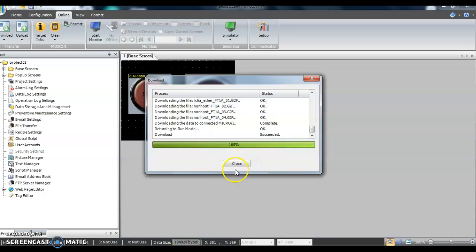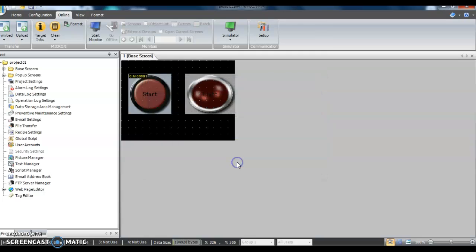Download complete. Great. And we can just close this. Now, technically now, if we go to monitor, we press here,